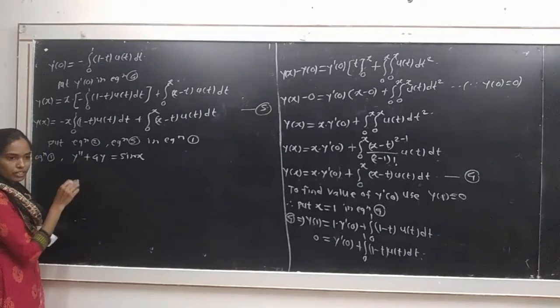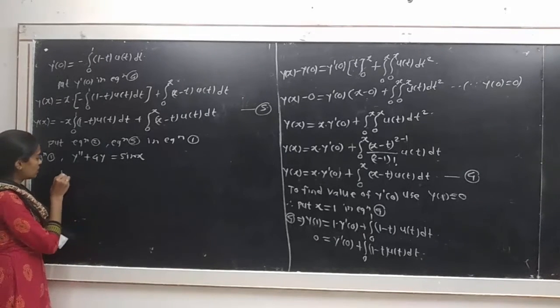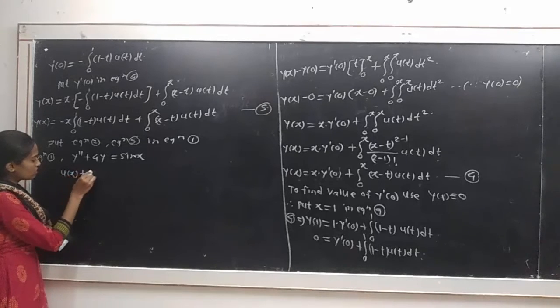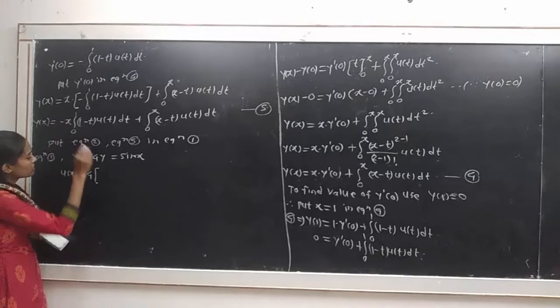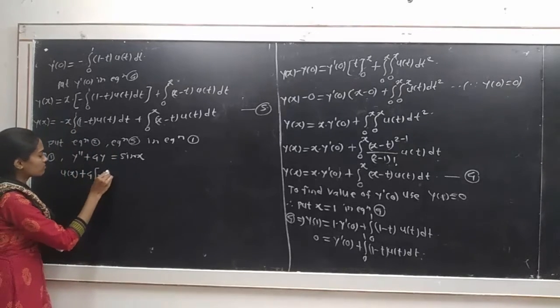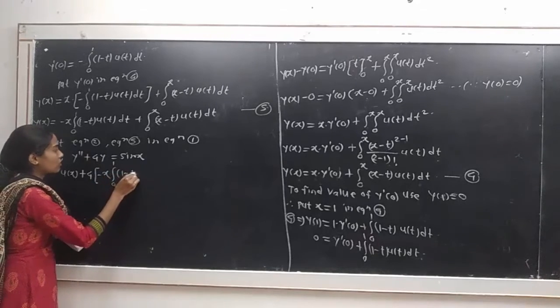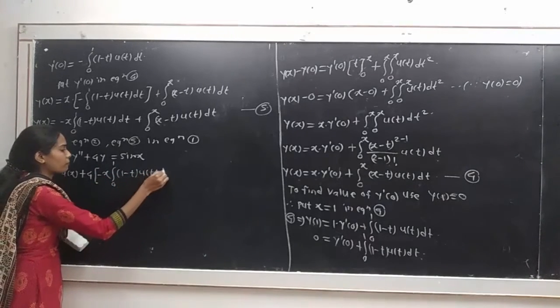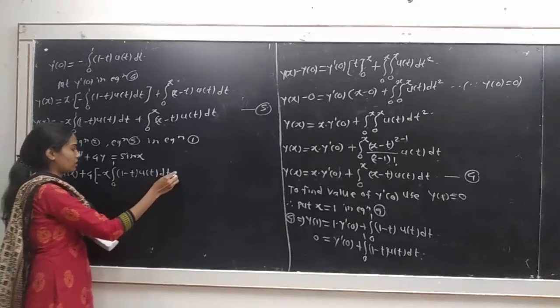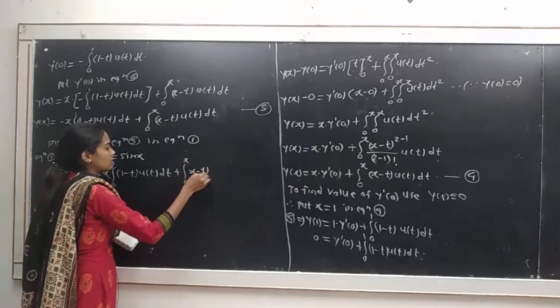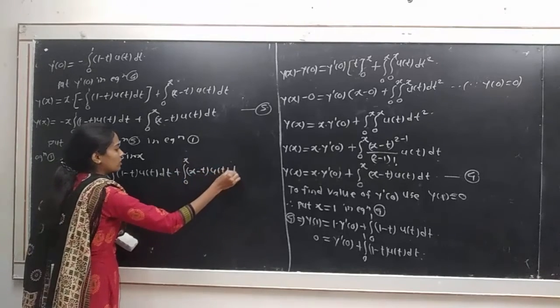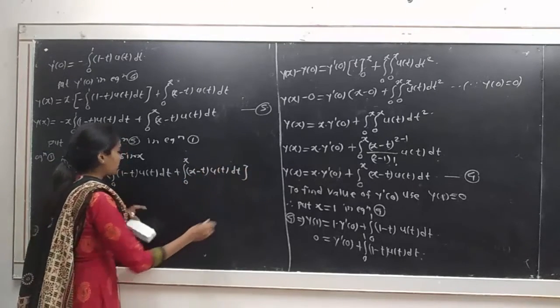Y double dash of x will be considered as u of x, then u of x plus 4 will be as it is, then in bracket we can write the value of y of x from equation number 5, that is minus x integration from 0 to 1 of (1 minus t) into u of t dt plus integration from 0 to x of (x minus t) into u of t dt, bracket complete,